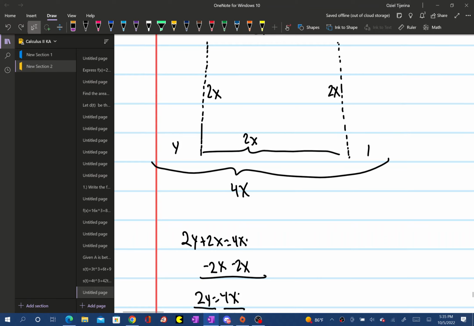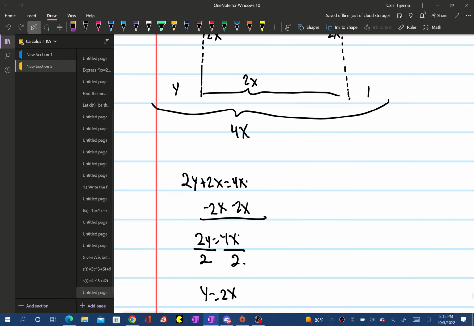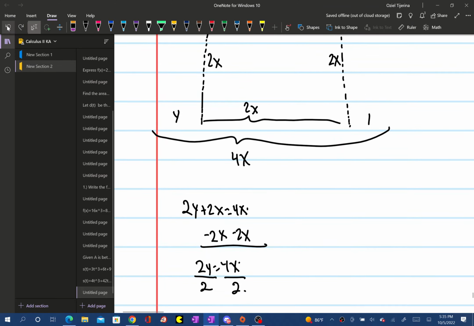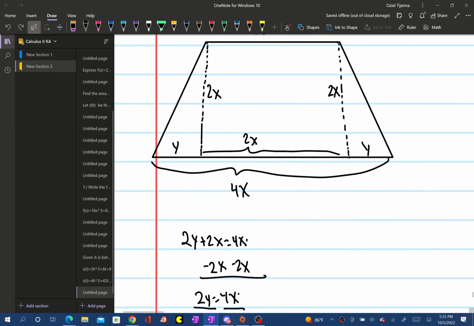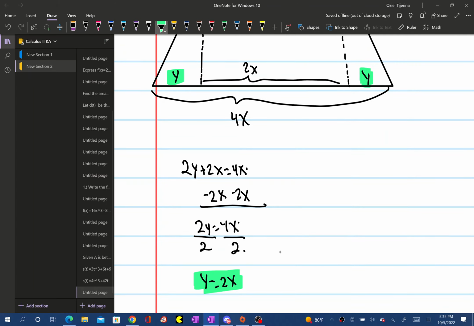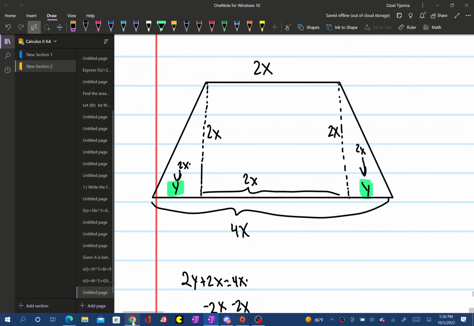That means that y, like right there, would be 2x. Yes. Oh, come on. 1 second, guys. Okay, so that means that this part here is gonna be 2x, so this is 2x as well. And it wants us to find the area